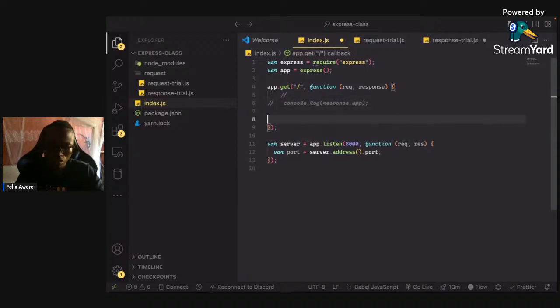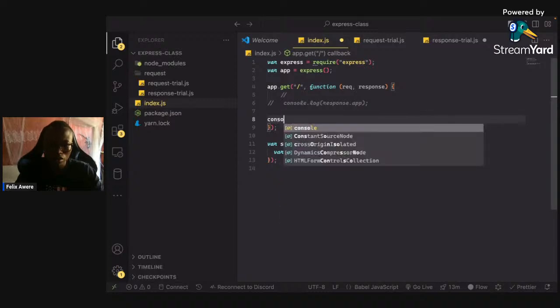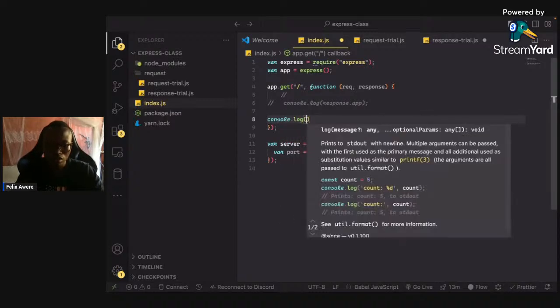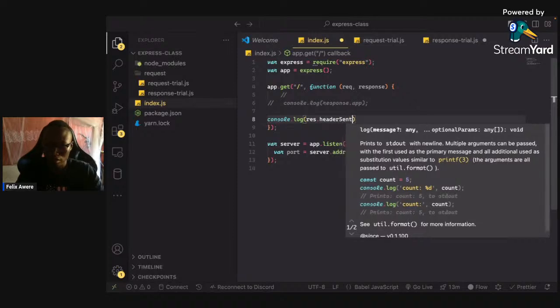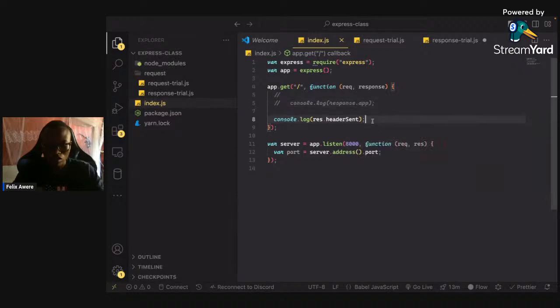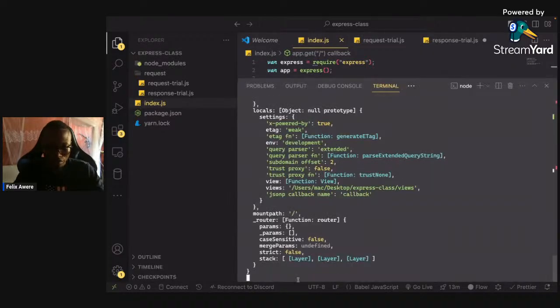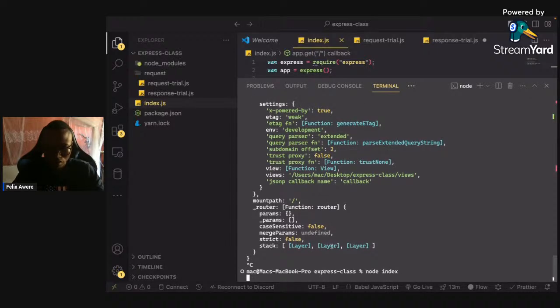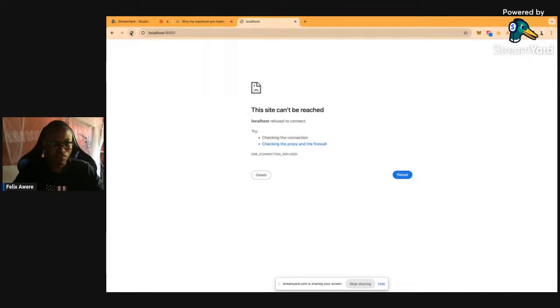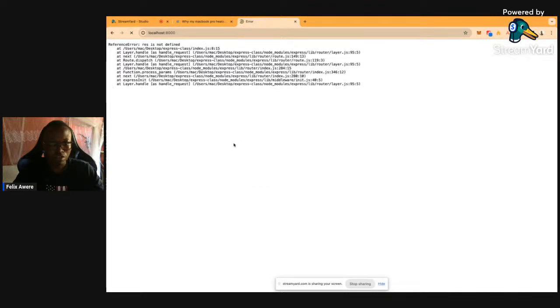So again, if I console.log res.headersSent, then I am expecting to get something very exciting. So I would turn off this and run it again. So you find out that if I refresh this browser once again,